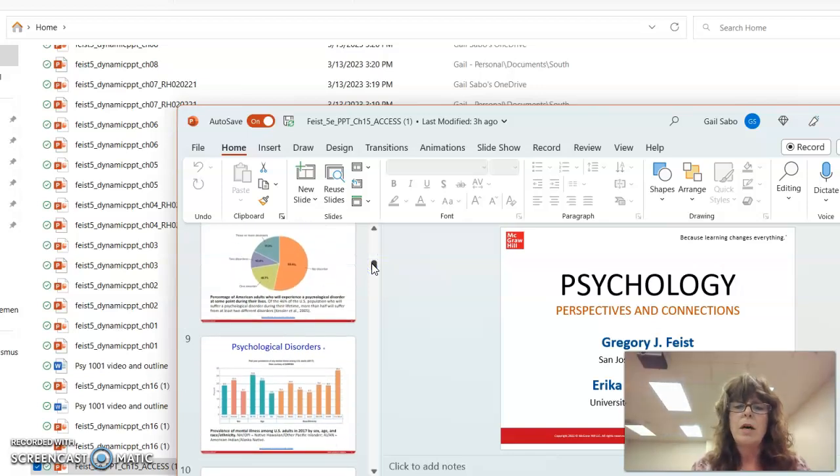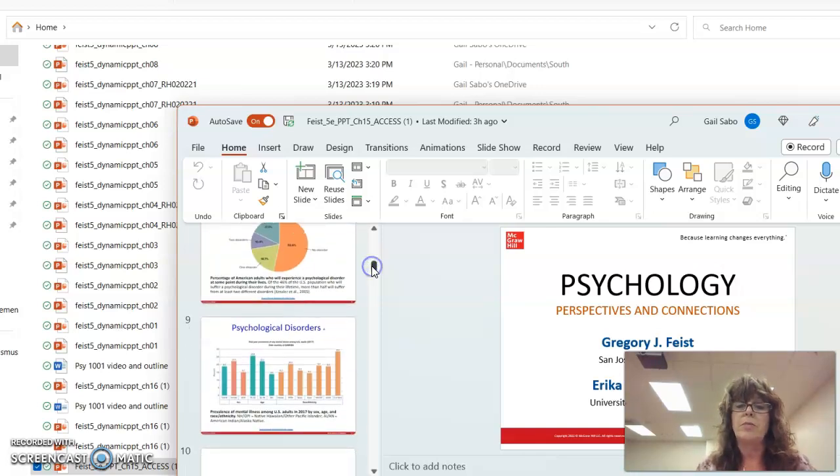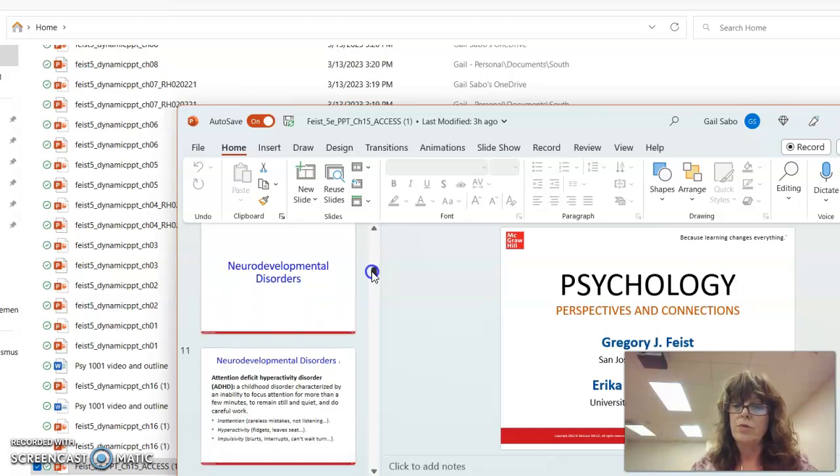You can see here the amount of mental health disorders, and these are actually a little higher now post-COVID, as we see people more willing to accept and move towards treatment. But at any given time, up to 1 in 5 people will be suffering from a diagnosable mental health condition. That doesn't mean they'll have it for their lifetime. It just means at that time that they're suffering from that. So it can be anxiety and depression, which are the most common, but we see other things like schizophrenia, and certainly personality disorders.